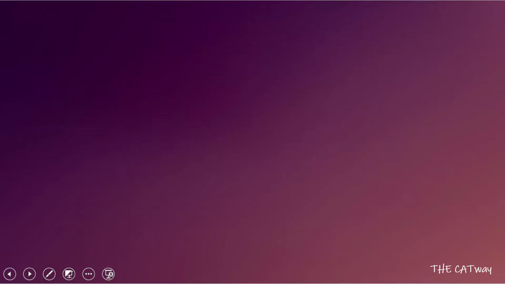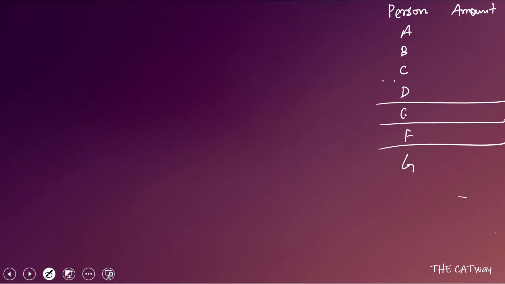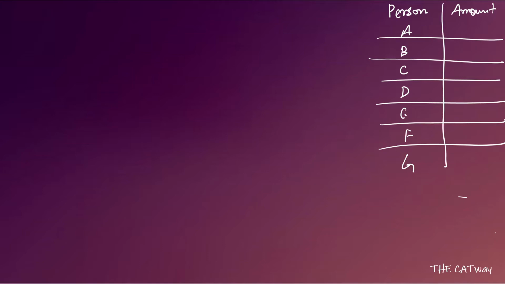So let's write that in our table. So we have our table for person and the amount. Okay, so this is what we have. So persons are A, B, C, D, E, F and G. Okay, so let's calculate what was the money with each of them at the beginning. So we had calculated for A to be 0.1x plus 150. For B, what we have is 0.19x plus 669, because he spent 19% of the total amount of money and he was left with rupees 669. Then we have 0.2x plus 180. Then we have 0.1x plus 30. Now we have 0.05x plus